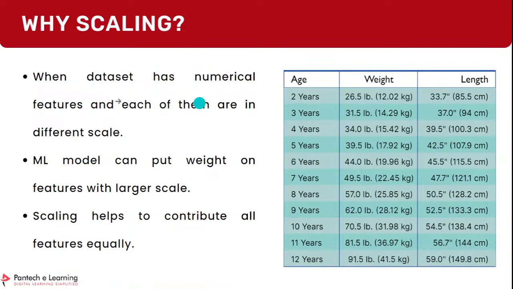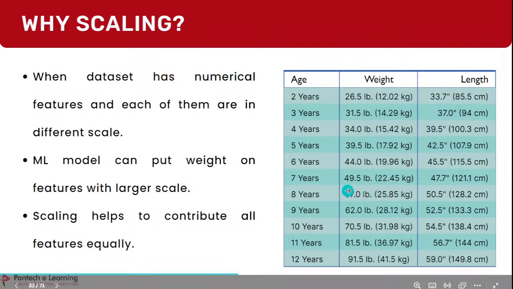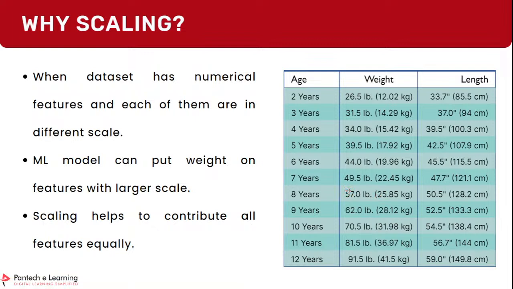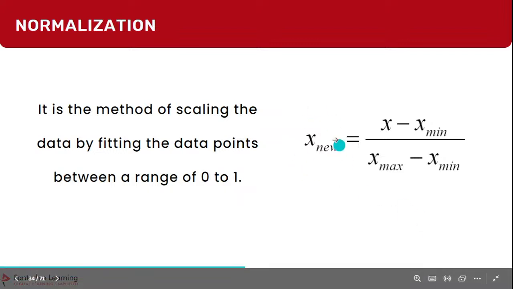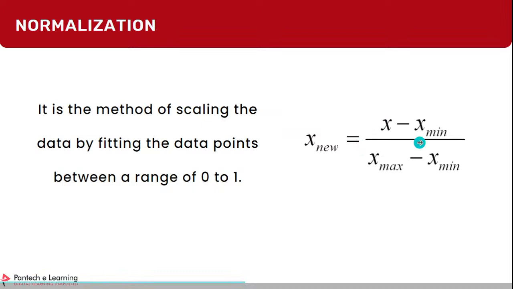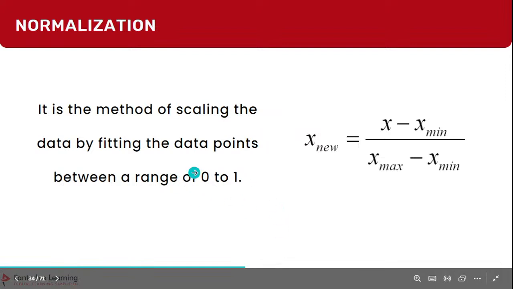So what we'll be doing is we need to perform scaling. So you need to find a way that if you scale all these things into a single scale, then the problem is solved, right? So for doing that, we can either perform normalization. So in normalization, this is the formula. So your new value will be your old value minus minimum value of that particular column divided by maximum value minus minimum value of that particular column. And if you perform this, your values will be between 0 to 1.